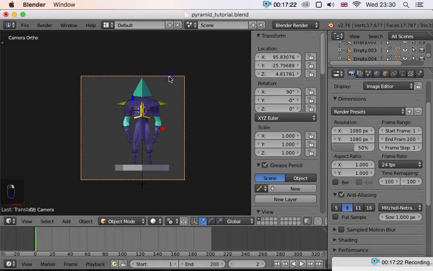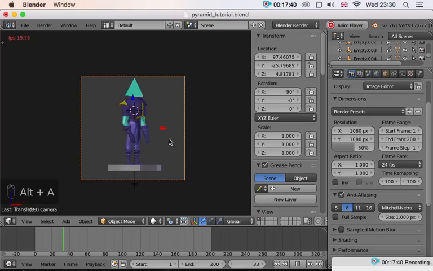I've got the camera selected, I'm in camera view. I could just move its location on the x-axis here by using the slider, left clicking and sliding to move it into the center. That's probably the best way of doing it. Let's do that. Right, so that's it centered in our camera. So Alt A, let's check that out, not bad. I might move it down a little bit, so we could use the Z-axis, we could just drag the Z-axis,